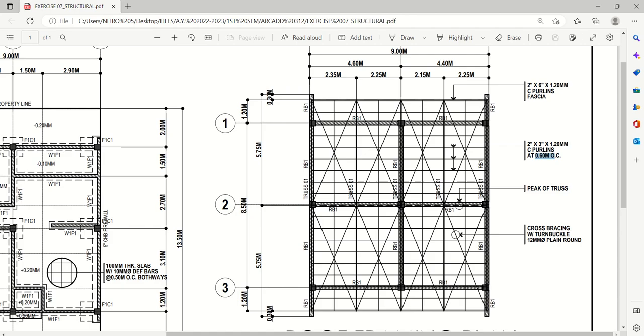And Control S. And of course, paki-mark po siya. Ayan. Sorry, ito. 2 by 3. Or some other use 2 by 4. Pwede din naman po yun. Okay? So, you check it na lang. If pwede nyong gawin basihan yung mga previous building templates ninyo. Okay? So, i-mark nyo sila. Lagyan nyo sila ng arrow. Pick of truss. And, pati po yung fascia dun sa pinakahulihan. Okay? That is 2 by 6 inches. Okay? So, that is C purlins as fascia board. Okay? Now,